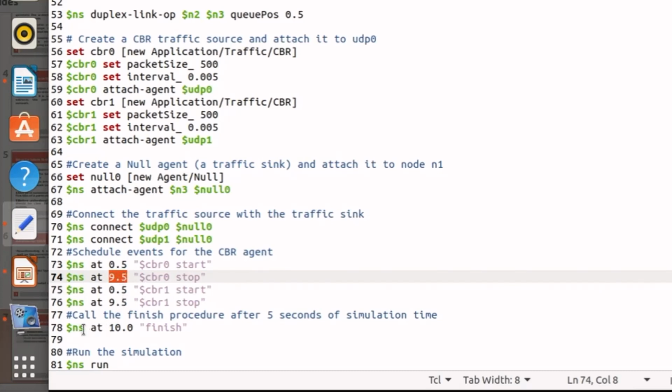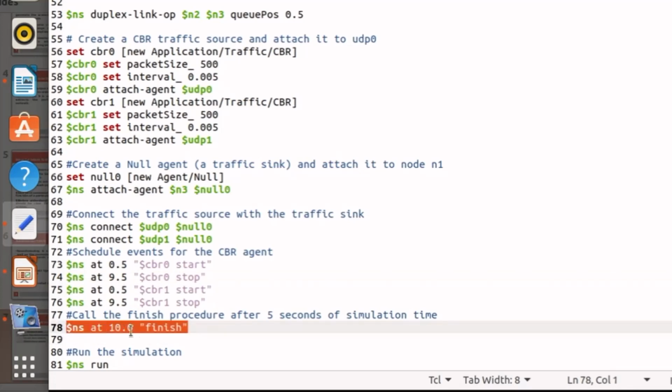Now, what does this line do? NS at 10.0 finish. What is this finish? I told you at the beginning of the code there is some function, a procedure is written. I skipped that and I told you that I will come back to it later. So we will move towards that now.